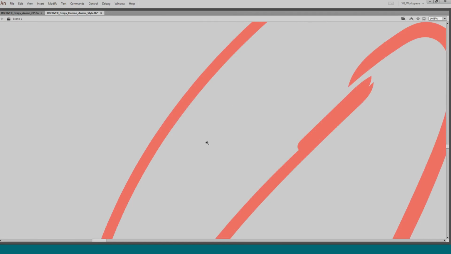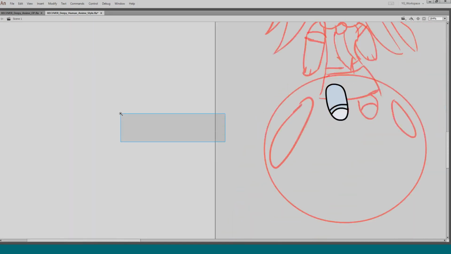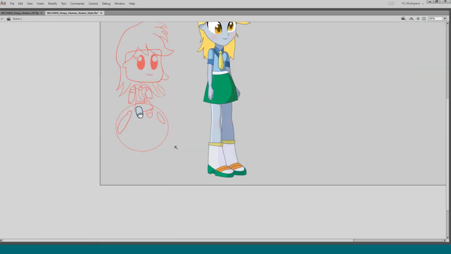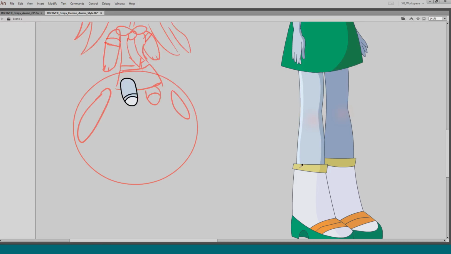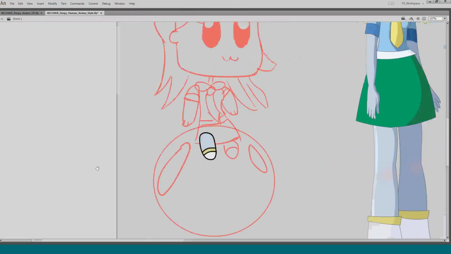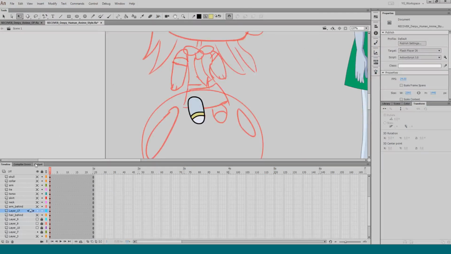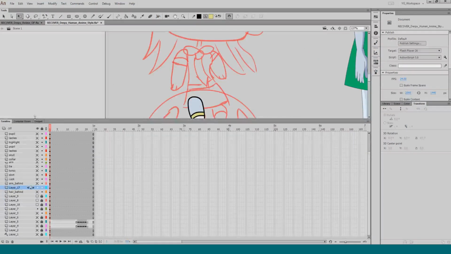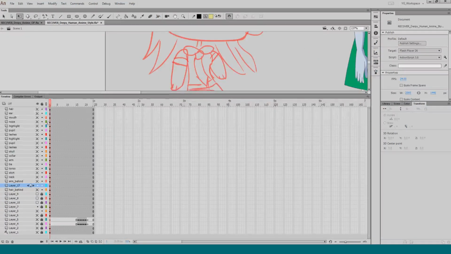Okay. Let me figure out how to zoom back out. Okay. That looks pretty good. Okay, that's the leg. I think if I just copy that over, we'll be good for the drawing bit.